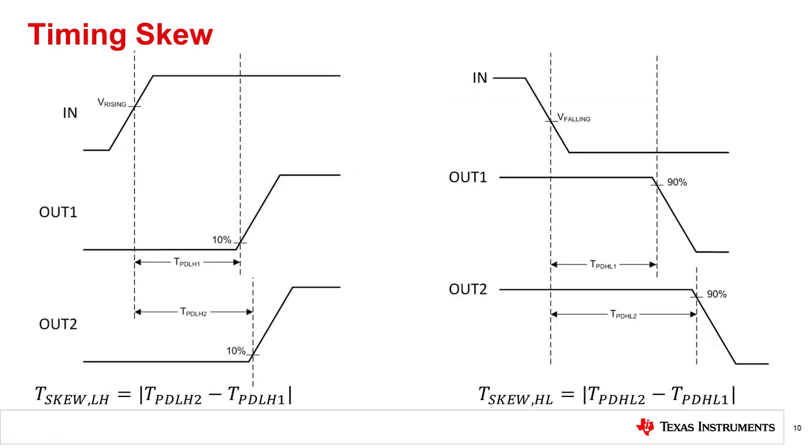Part-to-part or channel-to-channel timing skew, hereafter just timing skew, is defined by measuring the propagation delay for the same action taken by two parts or two channels, and finding the absolute difference between the two measurements. This measurement goes by many different names depending on manufacturer conventions, with names such as delay matching or difference between parts. Some parts may not print values for part-to-part timing skew. In these cases, the upper bound of skew is always the maximum guaranteed propagation delay, since the propagation delay maximum is the worst-case deviation from an ideal driver with no propagation delay.